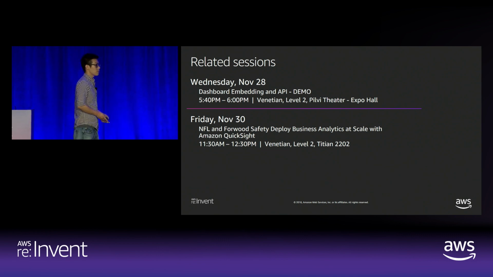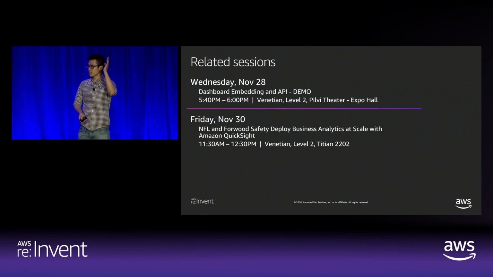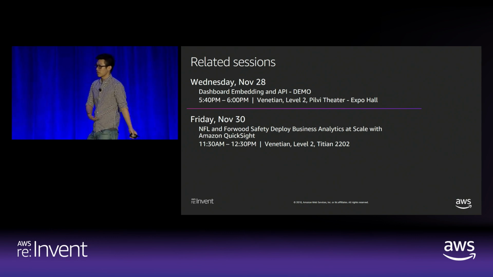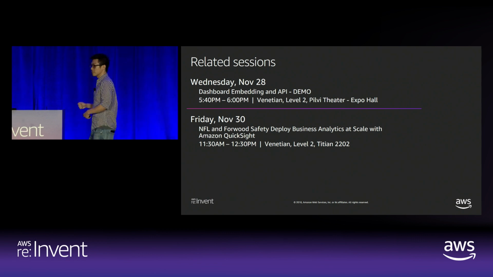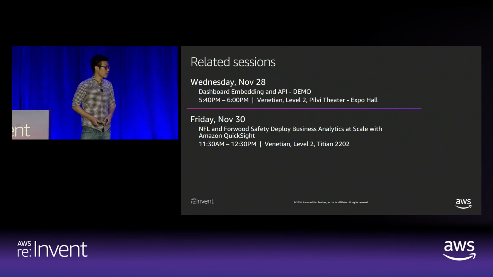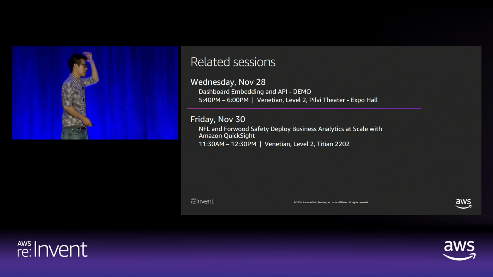The other thing I want to call out is that we have various related sessions of QuickSight going on in reInvent this year. So yesterday we announced dashboard embedding. Who is aware that we announced dashboard embedding? Nobody. Well, OK, so glad I mentioned it. This allows you to embed dashboards within your own application so that if you wanted to share insights with your own customers in your own portal, you don't need to spend a lot of resources and development to do it. You can just leverage QuickSight, all point-and-click design of the dashboard, and then just embed it into your application as an iframe. So we're doing a demo of that later this afternoon at the Venetian Expo Hall. So if you're interested,